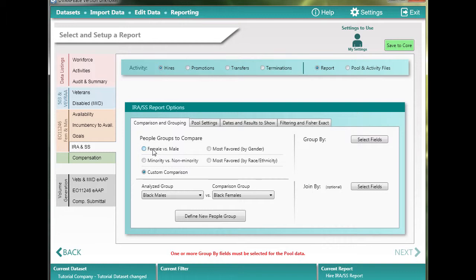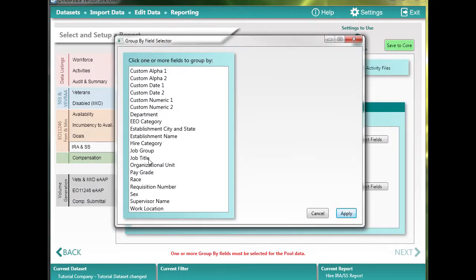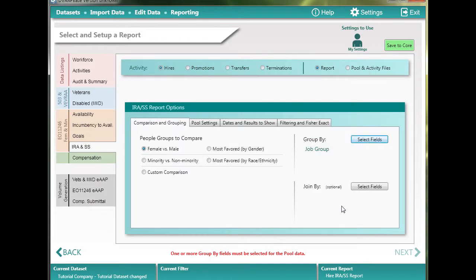Let's go ahead and take a look at one of the standard reports. Let's take a look at females versus males. And you have to indicate how you want the report to be grouped by. Let's go ahead and group this report by job group. Now, join by, let's take a look at the next tab settings here, and this join by will become more